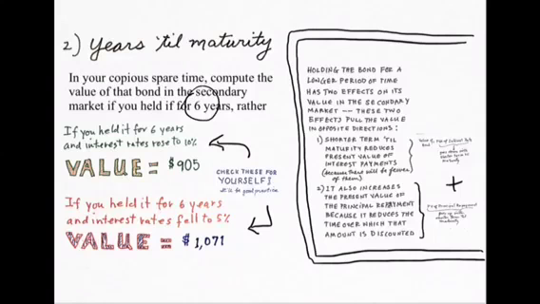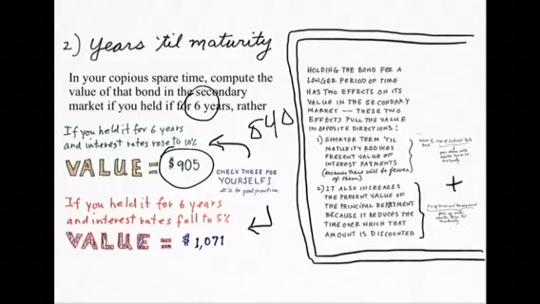Now, you should compute these answers yourself to confirm these numbers, but what you will find is that when interest rates rose to 10% while you were holding the bond, the value of the bond fell only to $905 when the term to maturity was 4 years, rather than the $840 when the term to maturity was 8